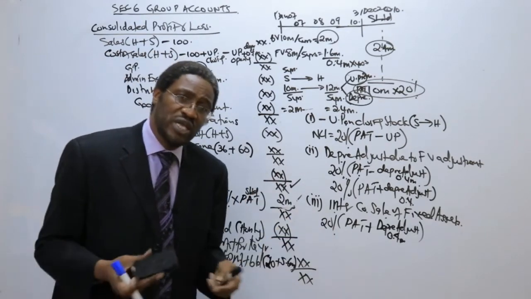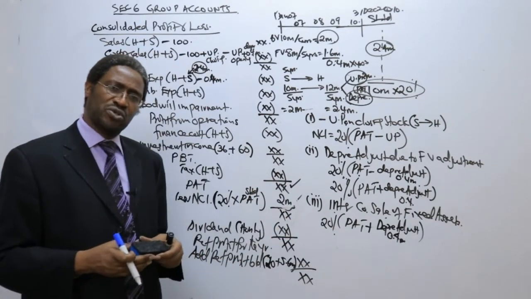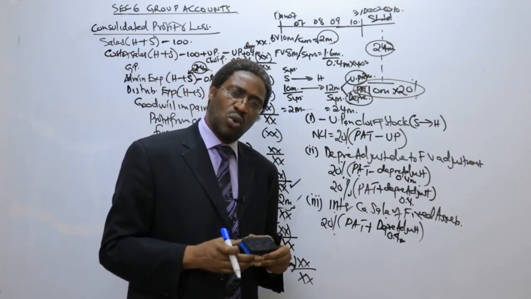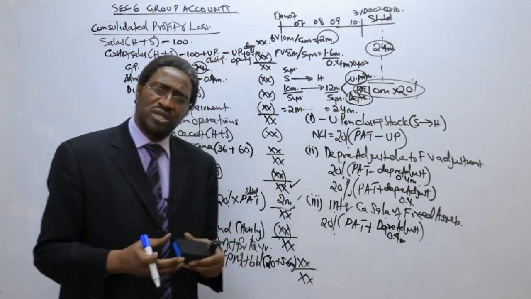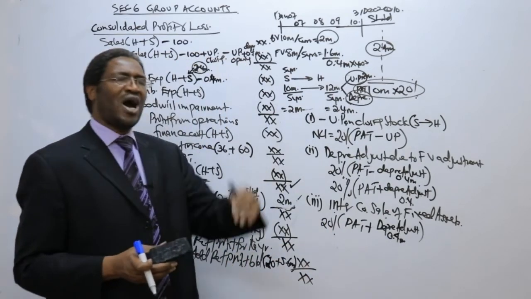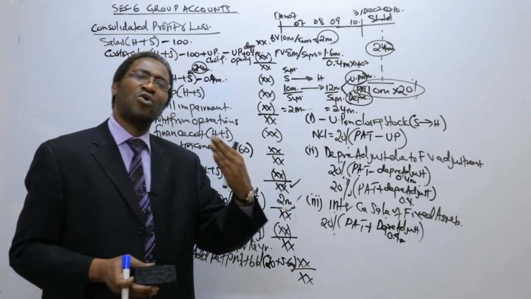That's okay on their own. But as far as the group is concerned, the group has not earned that profit of 2 million. Why? Because the machine will still remain within the group, it will not leave the group. So as a group, it means we have not yet earned